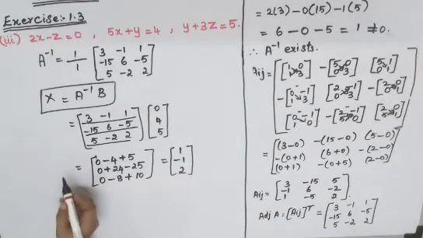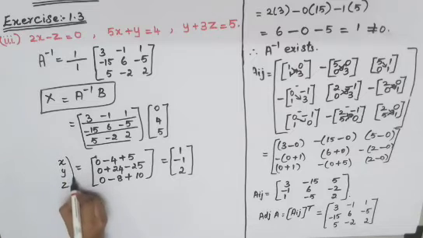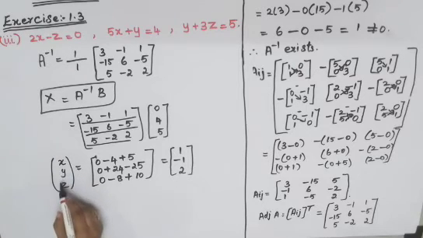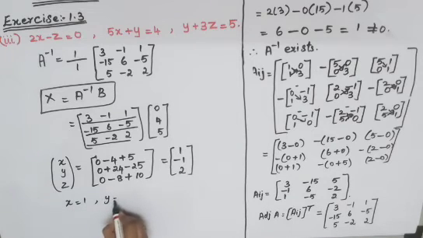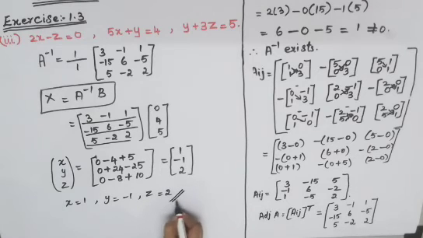So your capital X only we have found it. So it is small x, y and z. So we can declare the values of x, y and z this answer. So x is equal to 1, y is equal to minus 1 and z is equal to 2. So this is the answer for your second question, third subdivision.